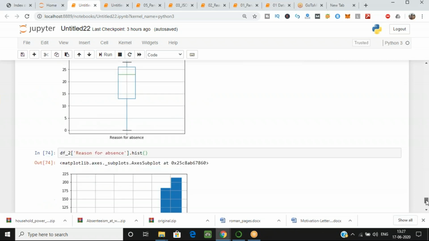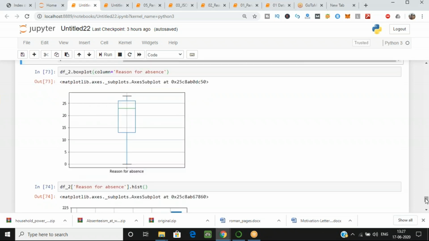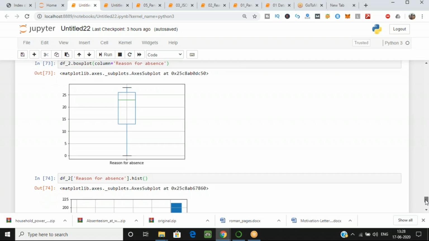Okay, what is the green line? Green line tells you the median. Green line, Tavishi, it's telling you the median value you are having. That is the data distribution on which you are having. So green line is your median line.